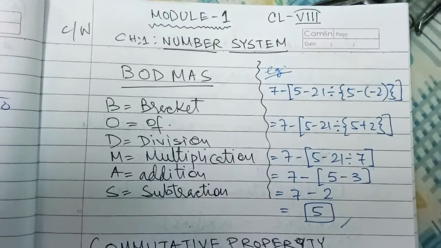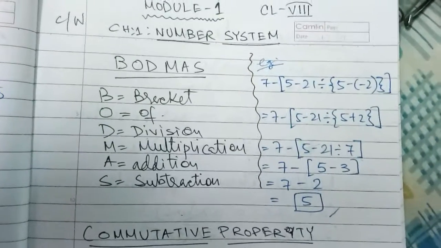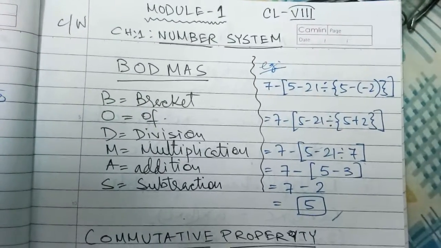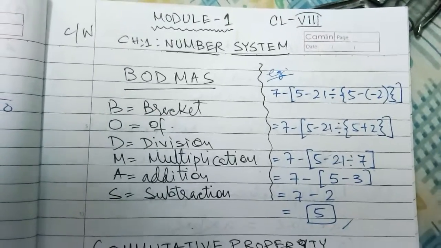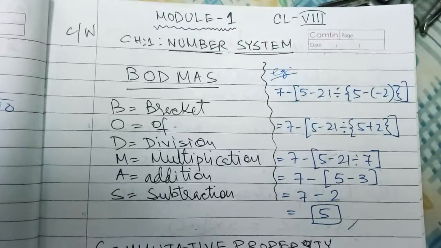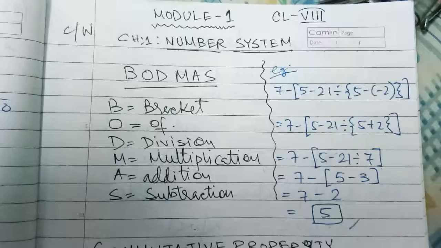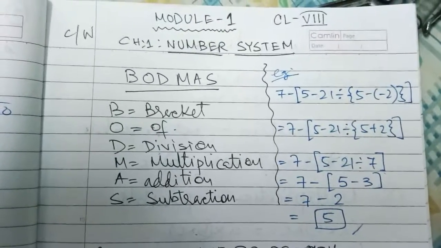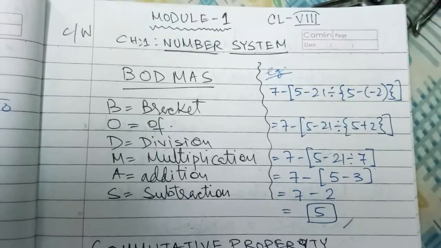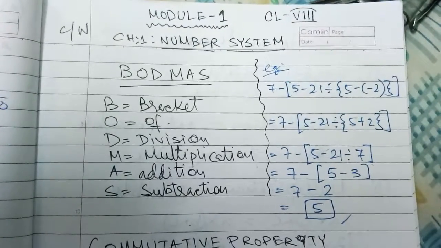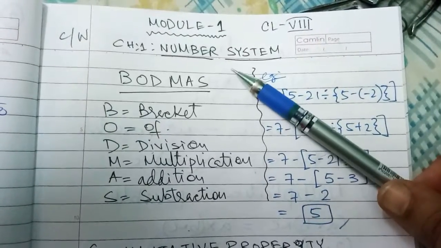Today, some of you might be surprised that I have not given homework for last day's class. Today we will start with a new chapter, as some chapters are omitted from your main syllabus, which was given before the vacation. There will be a revised syllabus, and we have to cut out some parts. You will be getting the revised syllabus this week, within one or two days. The first chapter we will start with today is the number system.